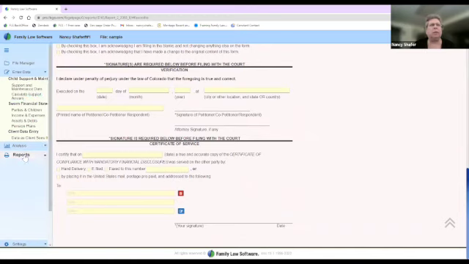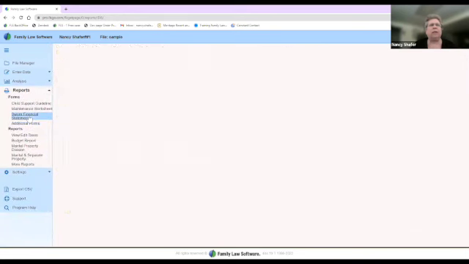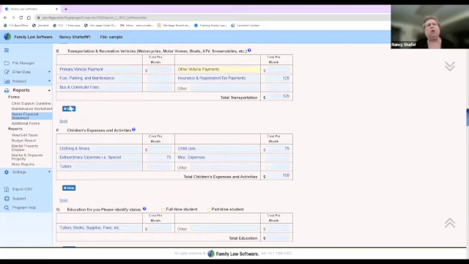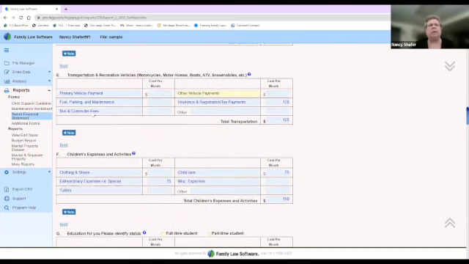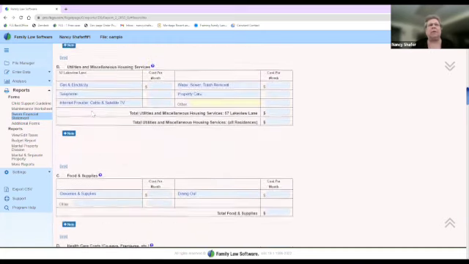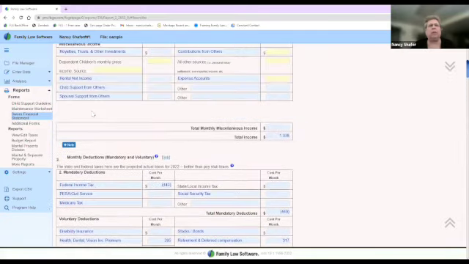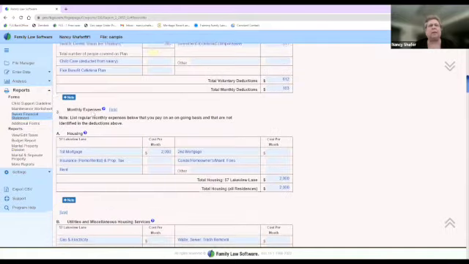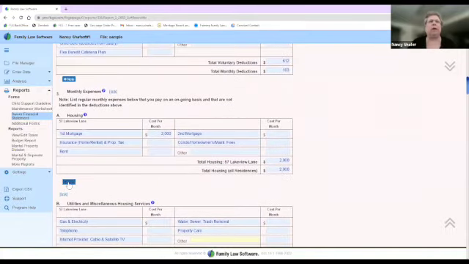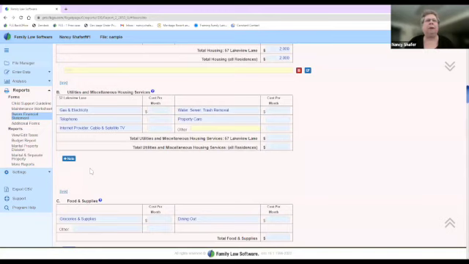Sorry, reports, sworn financial. When I pull it up, you can put in a note for each section. So I like to call those explanatory or exculpatory notes. So for example, when we look at monthly expenses, maybe you want to put in a note saying,